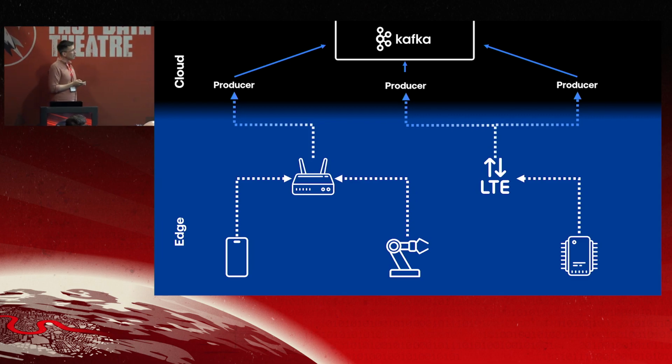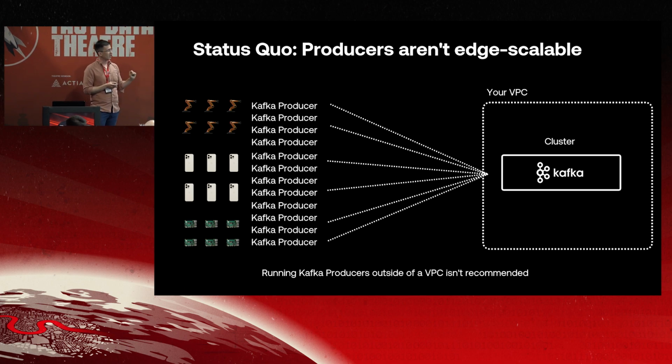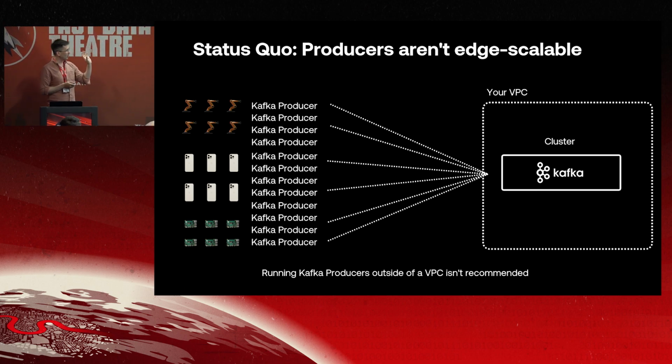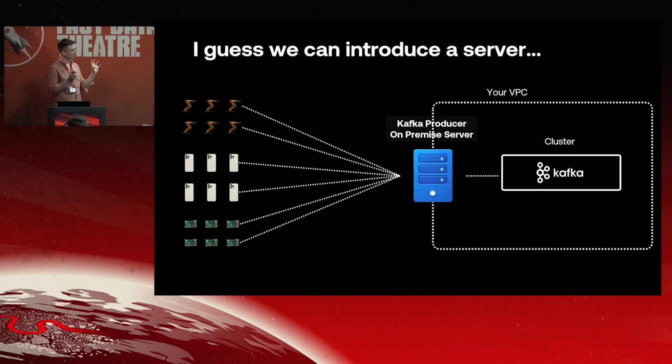But the real issue is you can't really put a Kafka producer into all of these edge devices. So imagine you have a big car factory and you have robots and mobile devices and logic controllers everywhere. I would love to just put a Kafka producer here, but it's not really meant to scale that way. So generally, what we've always seen is you have your cluster that lives in your VPC, and you have to extend that out by fanning everything into one producer, because those producers are not really designed for that level of